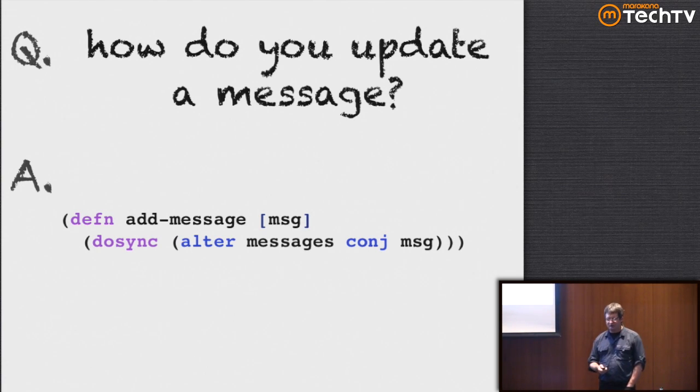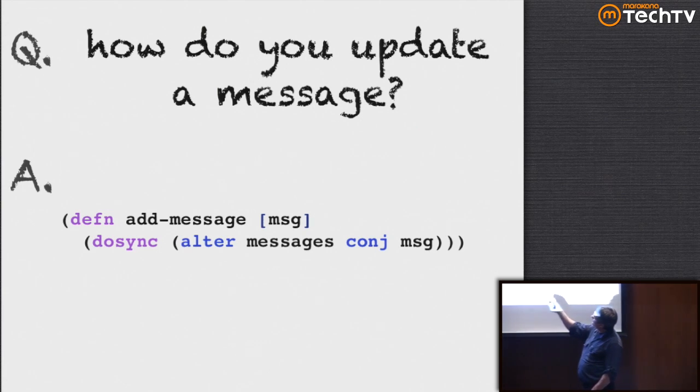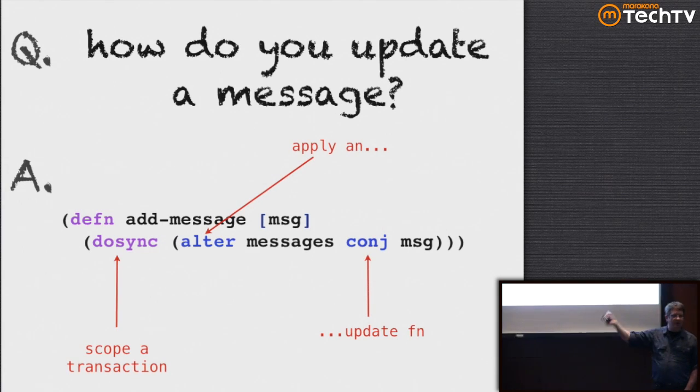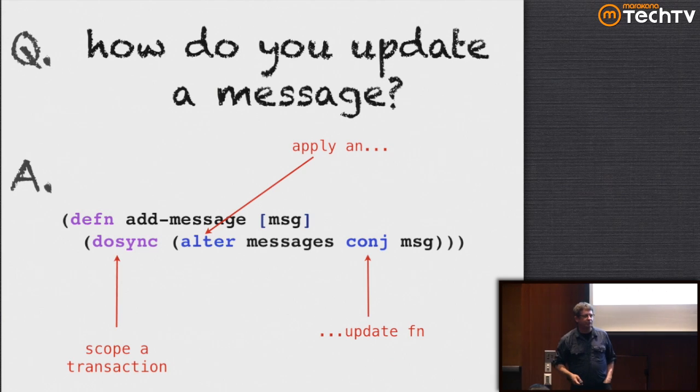Let's say you wanted to update a message. You had a messaging application or something like that. Here's a defined function add message, taking a new message. And what I'm going to do is alter messages, that's my reference to my list, can join this message onto the end of it. So add another message onto the end of my list. But you'll notice do sync right here. If do sync is not there, Clojure won't execute this code. You'll get a runtime error saying you're trying to mutate something outside a transaction and I won't let you. You have to have do sync there. That's what kicks off the transaction, but that's it. Now you've got software transactional memory.